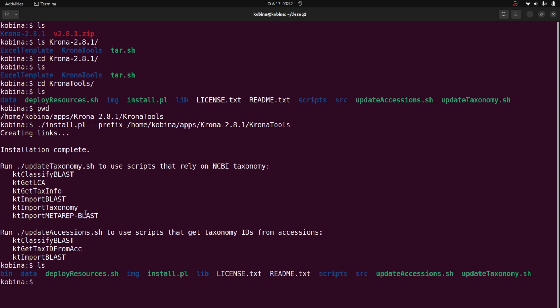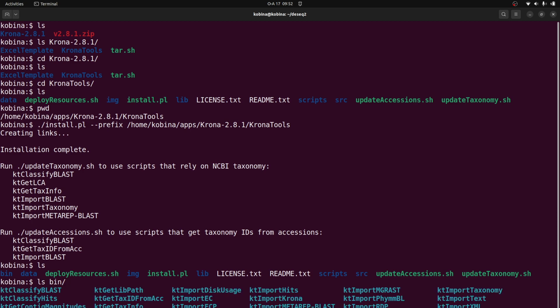We are going to see that a directory called bin has been created. I have that here. In this directory we will have some scripts. If you ls there, you will see some scripts. These are the scripts that we run whenever we want to